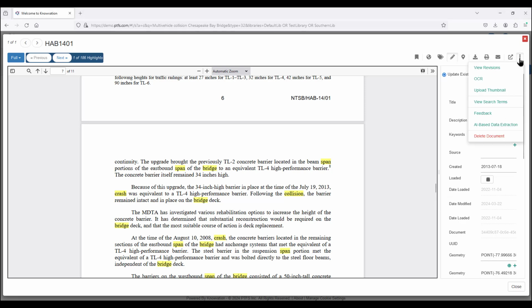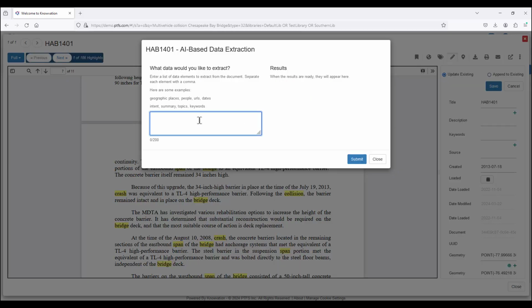We can select AI-based data extraction and simply ask the system what caused the